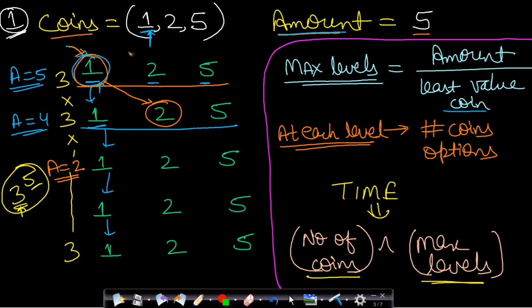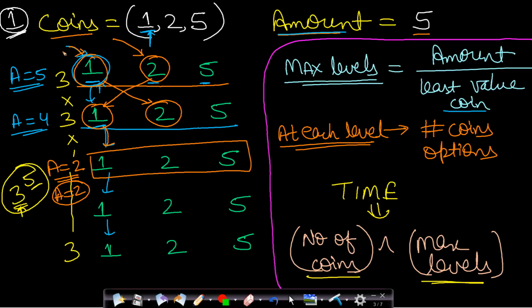Now let us say in some other recursion call you selected this 2 in the first level, and then in the second level you selected this 1. Okay, and then when you reach this third level, you still have amount 2 to be found, and you have these 3 elements as your options. So you can see that if you start with some different denomination coins, or even if you start with the same denomination coin, but in between you make some different choices, and then you can again come back to the same level where you are required to find the same amount, then this is nothing but a repeating subproblem.